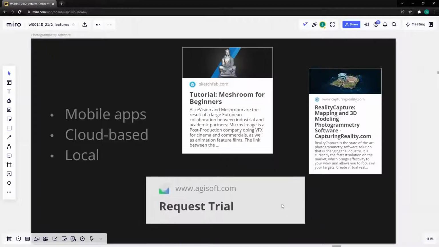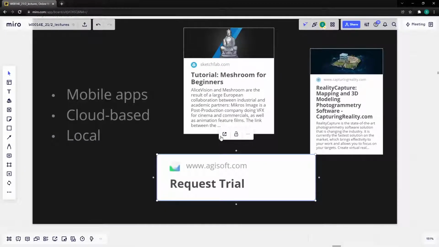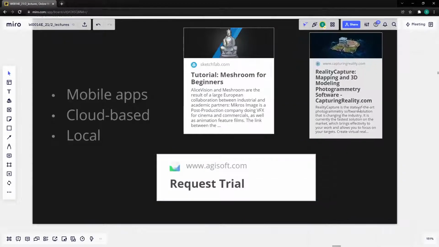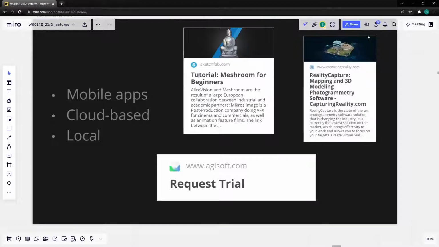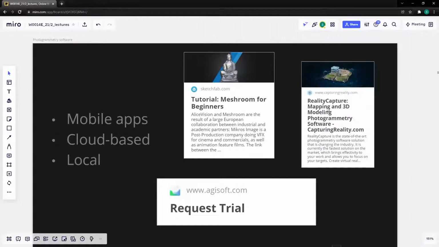My personal favorite, because I've worked with it a fair bit, is Agisoft Metashape, which we sadly don't have licenses for, but you can request a trial, and I think it's a 30-day trial, and you can check that out. Another quite prominent photogrammetry software in the industry is Reality Capture, which actually also has the option of working